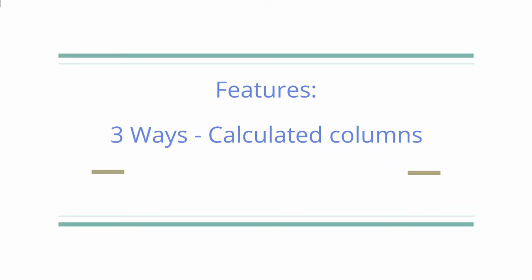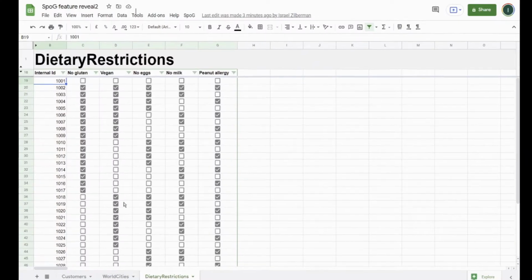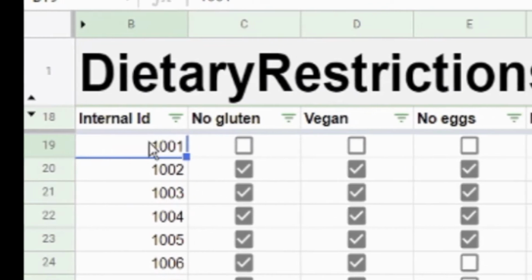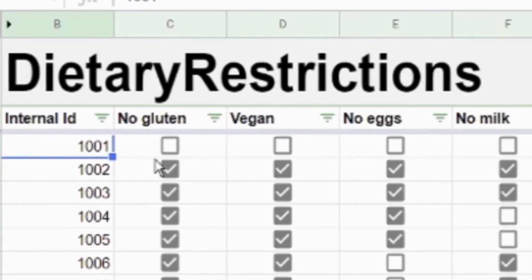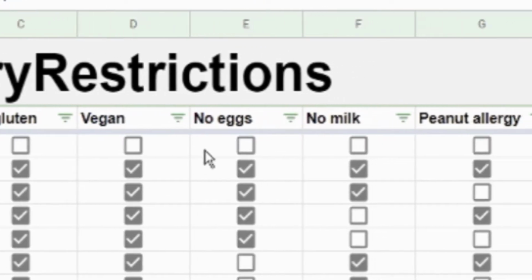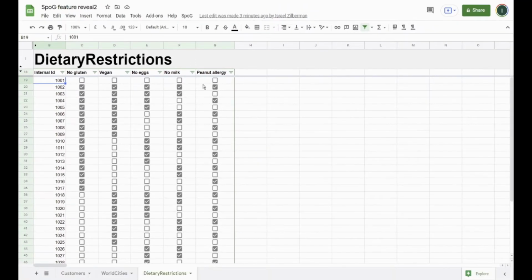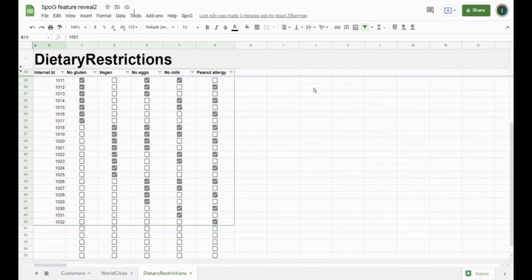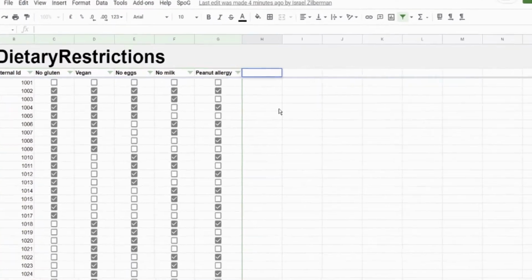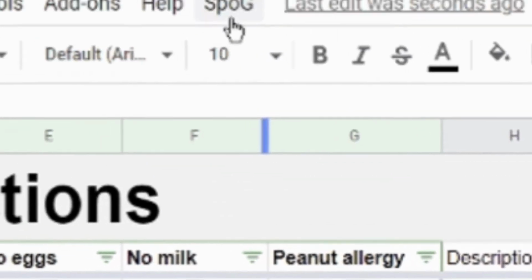For that, we are going to use table dietary restrictions, which holds one record for each combination of dietary restrictions we have. Of course, there are more preferences and restrictions of diet, but for this demonstration, let's settle with these 5. Let's say our user is preparing a summarized list that shows how many meals of each diet restriction combination are needed. And also, let's say that a textual representation is needed.